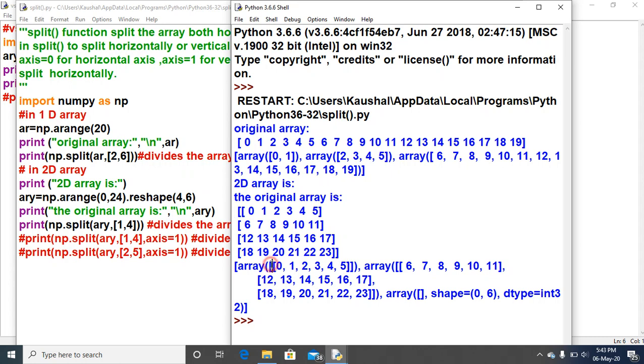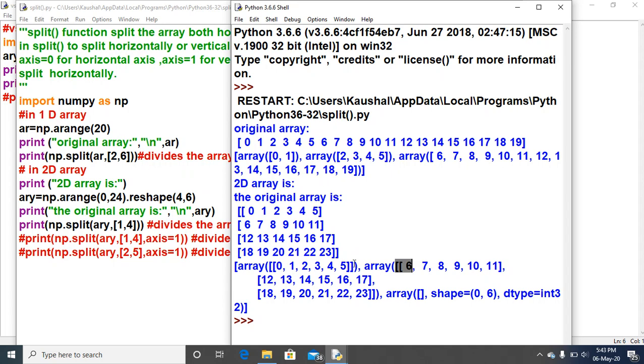The second one is 1 to 4, that is rows 1, 2, 3, starting with 6, 7, 8. This is the 0th row, this is the first row, this is the second, and this one is the third. So 0 comma 1 is over now.